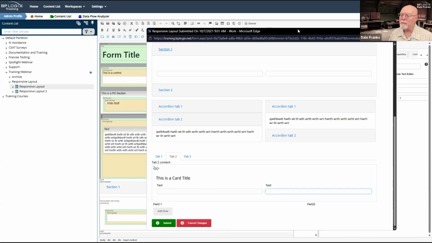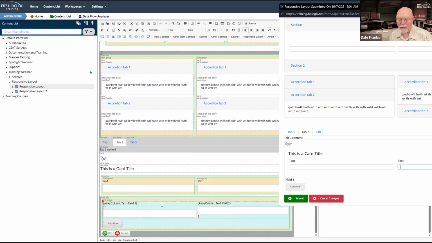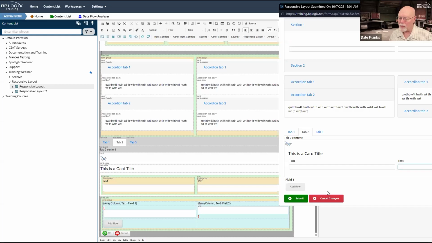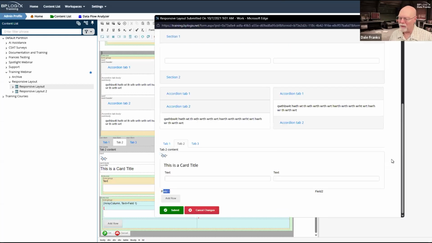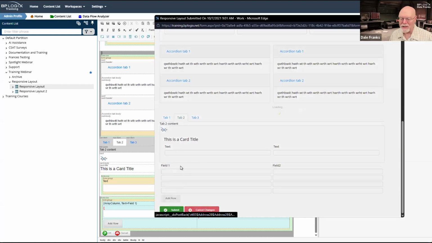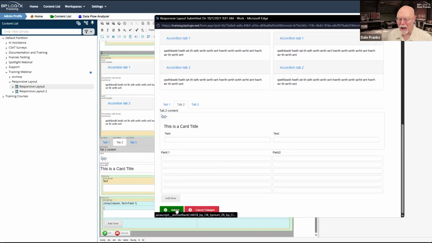And then down here at the bottom, let's take a look at what I've done here. As we scroll all the way to the bottom, I've just taken a table and placed it in here so that I can create an array. And right now, all we can see is add row, although we do see my two array columns. Well, let's pull the form over here. We can see our two array column controls, field 1 and field 2, and then I can simply add my array rows to the form as needed to create my array. And then, of course, at the very bottom, I have my normal action buttons that appear at the bottom of the form.